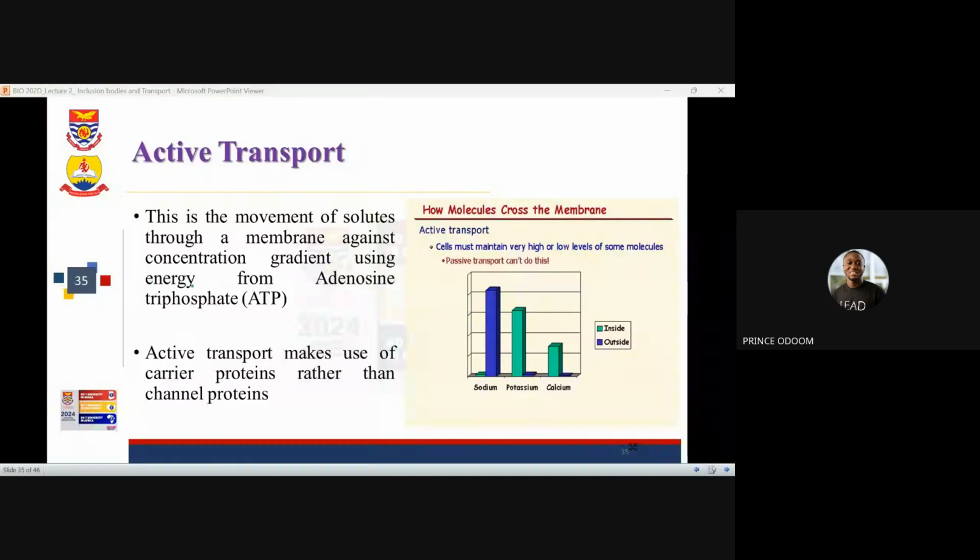So active transport is the movement of solute through a membrane against a concentration gradient. I mostly explain active transport with moving water from the ground to the top. So let me give this real-life scenario. Assuming